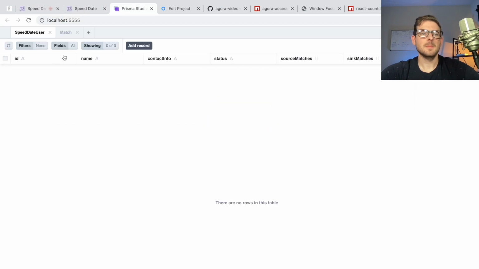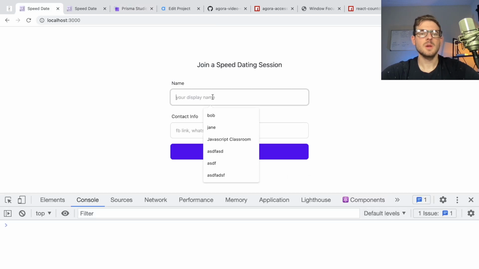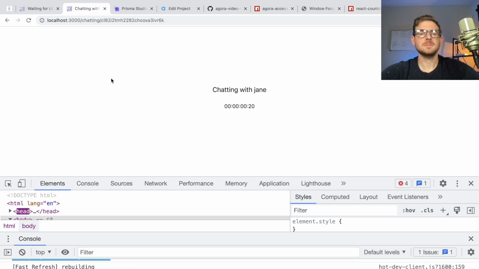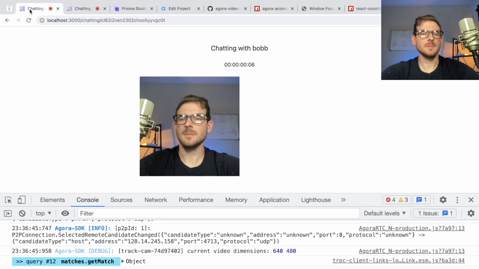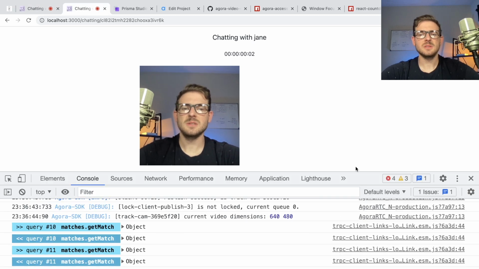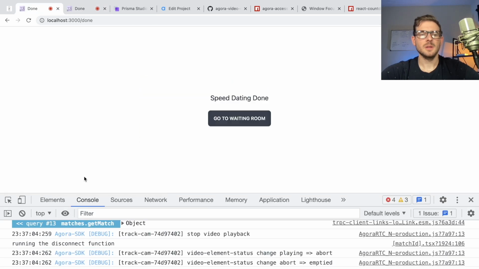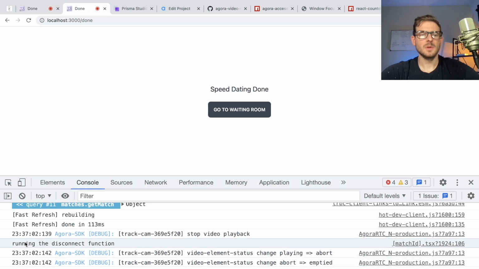We're going to redo this one more time. I know I said one more time every single time, but we're going to keep on redoing this. Bob, Jane. I don't know why one of my things isn't displaying. This is kind of the concern I have with putting a bunch of stuff in your cleanup. Running the disconnect function. Running the disconnect function. So if I go back to the waiting room,